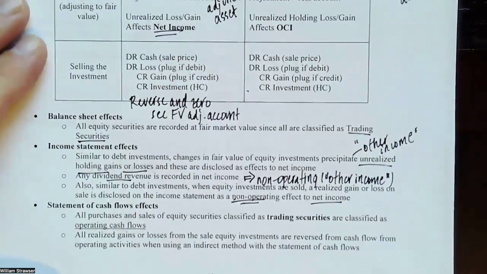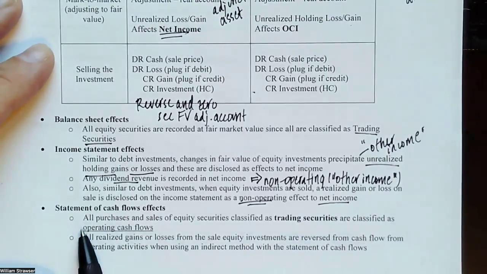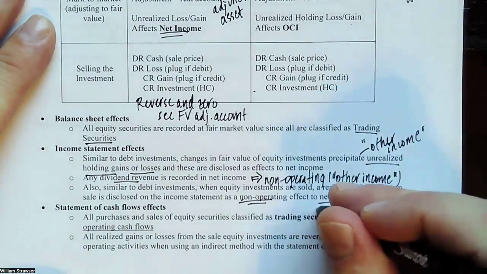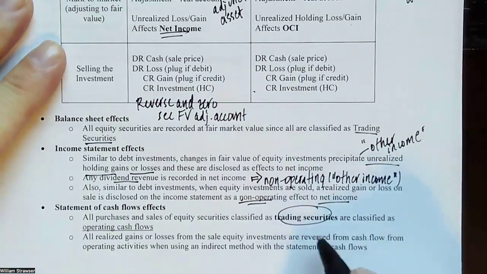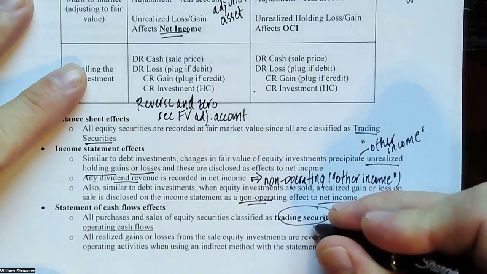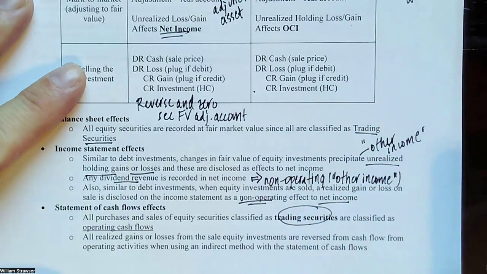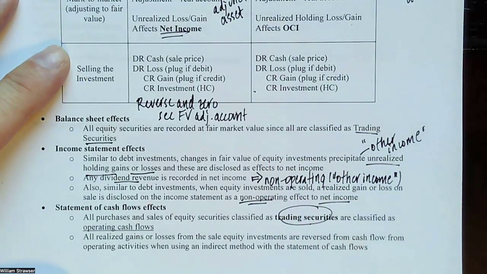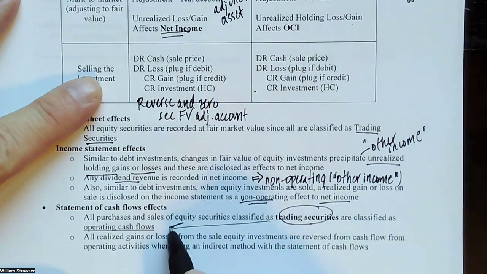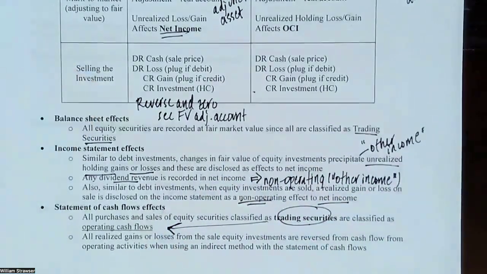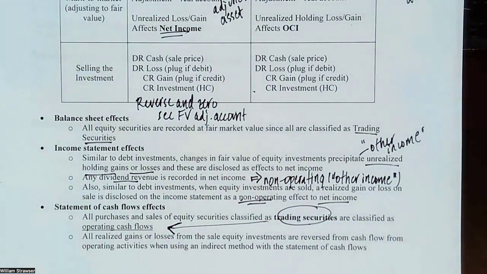Okay. The statement of cash flow effects for these things overall. This is a little different, and we're just talking exclusively about trading securities at this point. But when we purchase equity, we are going to classify that as an operating cash flow because this is a trading security. Now, if this were an AFS or an HTM security, we would record those as investing cash flows, but trading securities are recorded on the statement of cash flows as operating cash flows. So that's a distinction between what we show on the income statement and what we show on the statement of cash flows.